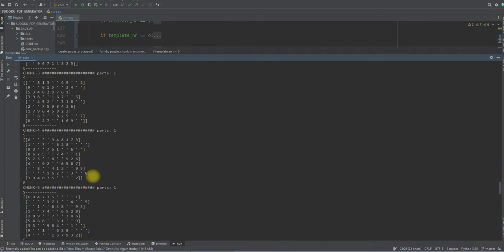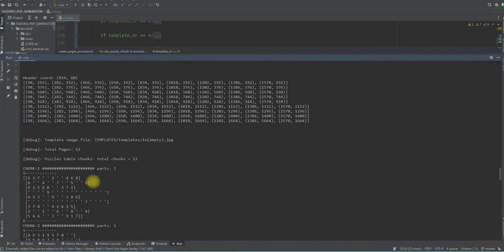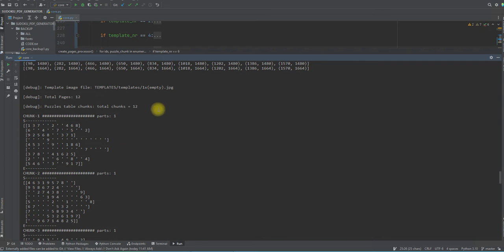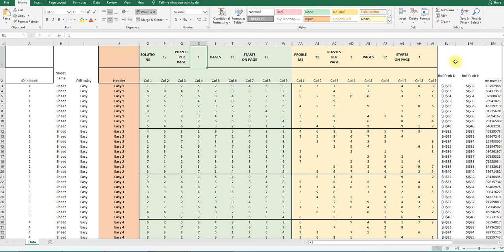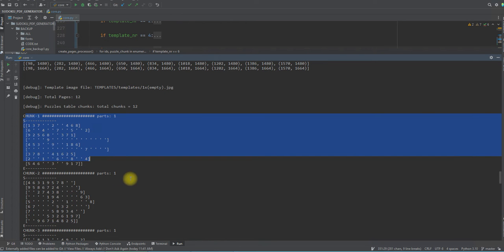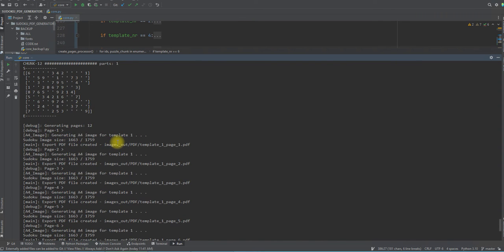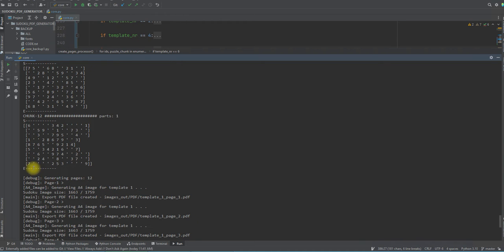Next, what he's doing next, so too far. Basically it's a step to creating images. So it's saying that total pages are 12, and we can see that pages are 12 really. And now it's just starting to put all the numbers into images. It's going its way until here, and from this side, after he created the images, he is starting to create